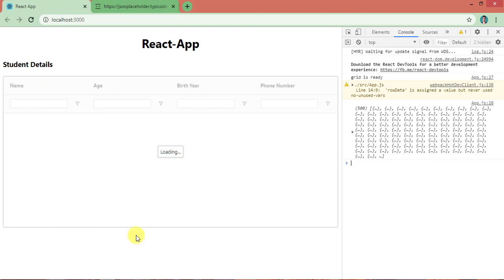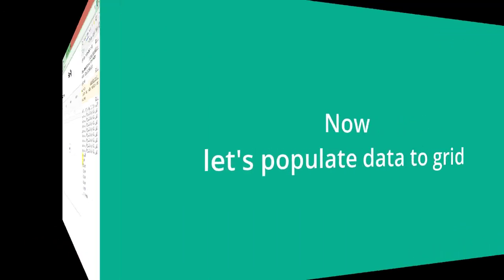Now let's come here. As you can see, it doesn't have any data source, that's why it's showing loading. But here I am getting 500 records, as you can see, right?